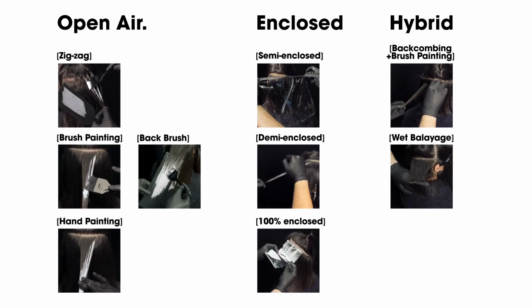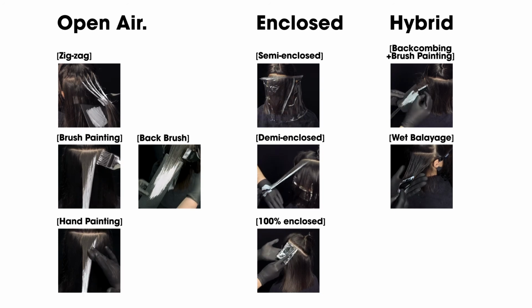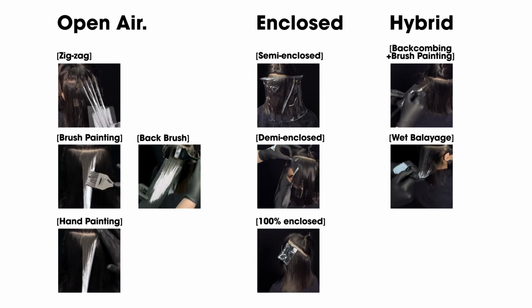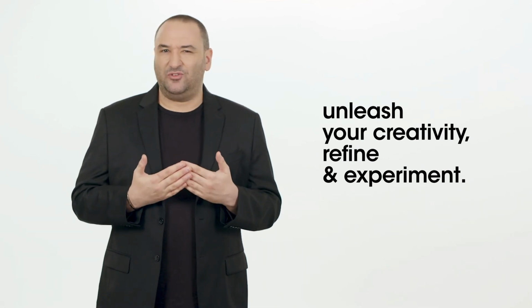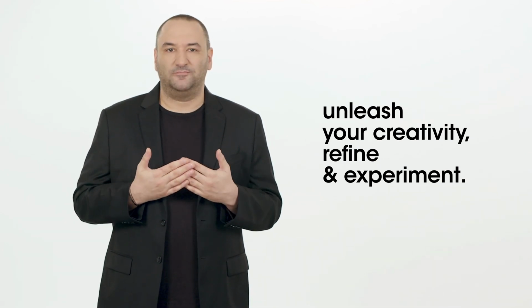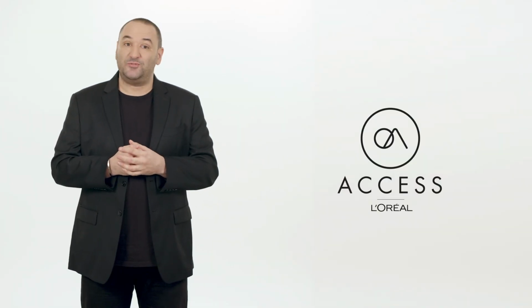These 8 gestures are only a few examples, but you see how French balayage can answer any balayage desire. You can now unleash your creativity, refine your craft, and experiment more. So this is it. This video was an introduction to the French balayage technique,